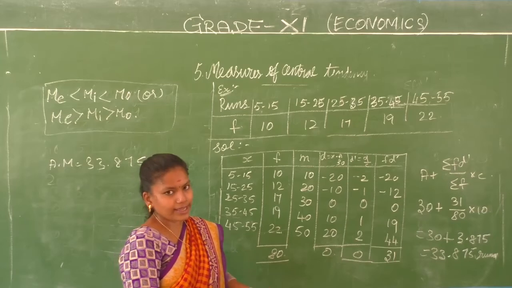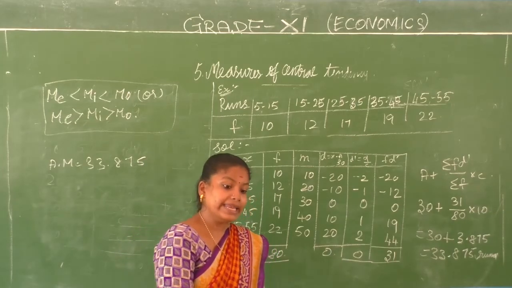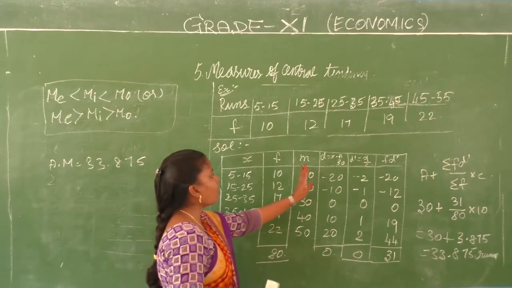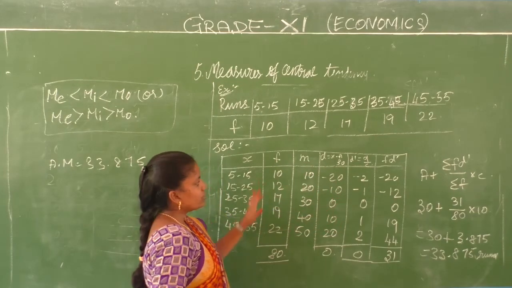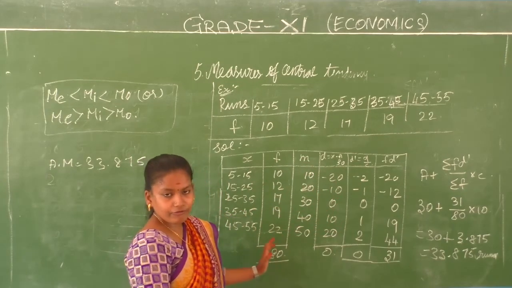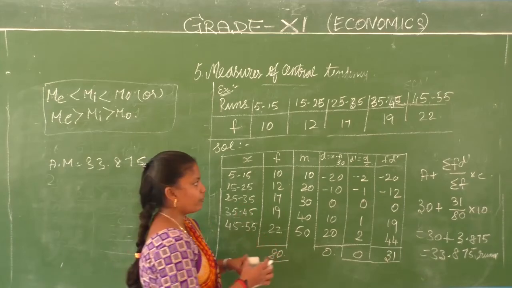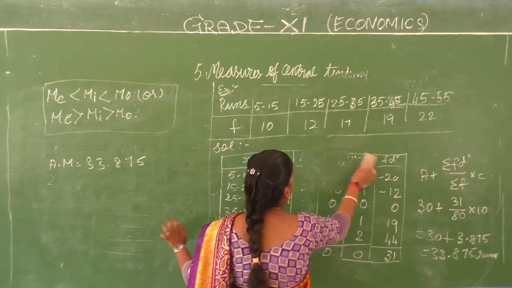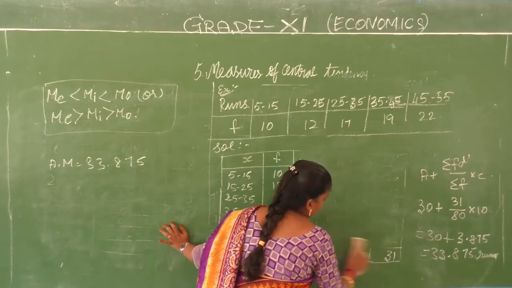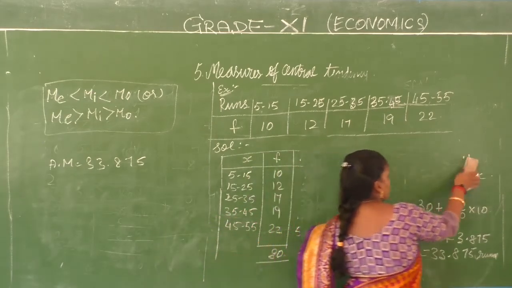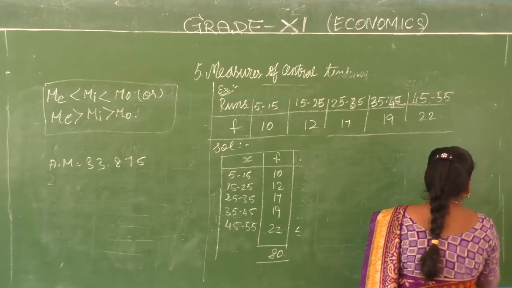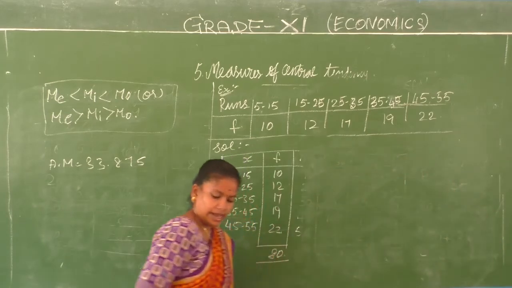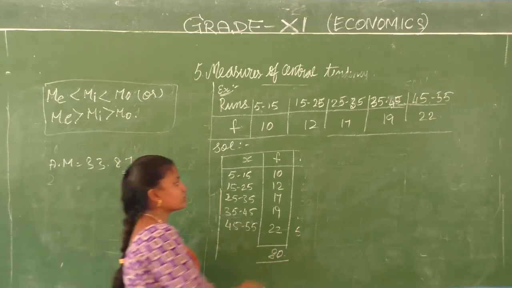What are we going to do next? We are going to calculate a median. What are we going to do, children? Calculate a median class. So we don't want this MD and all. We just want X, F and cumulative frequency. So we are going to have another column. You should draw another column. You should not erase it like me. Okay? For arithmetic mean, you have a table. For median, you should have another one. Or you can add an extra column if you will not get confused.